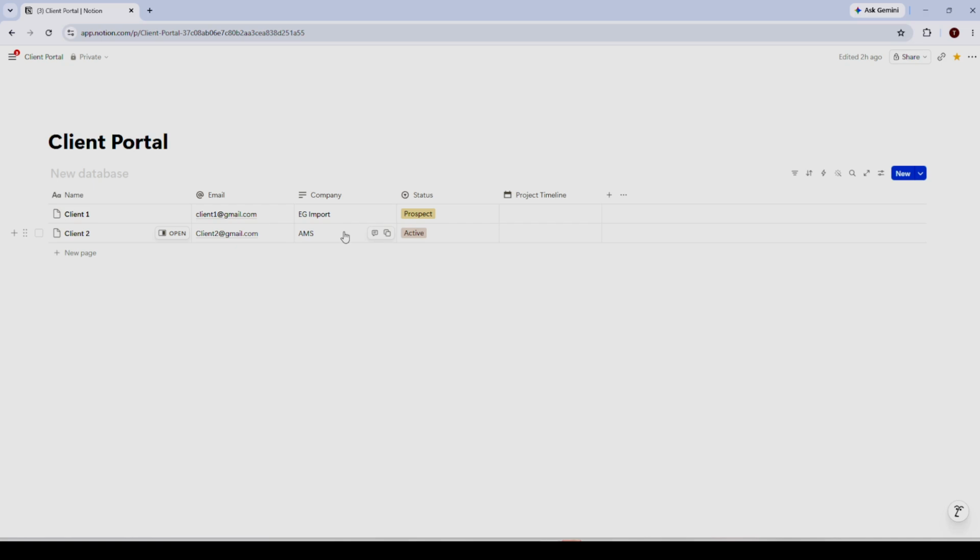By the end of this video, you'll know exactly how to build a professional client portal inside Notion, so you can share project updates, files, and timelines with your clients in a clean, organized way. Notion is incredibly flexible, and turning it into a client collaboration hub saves you from endless email chains and scattered